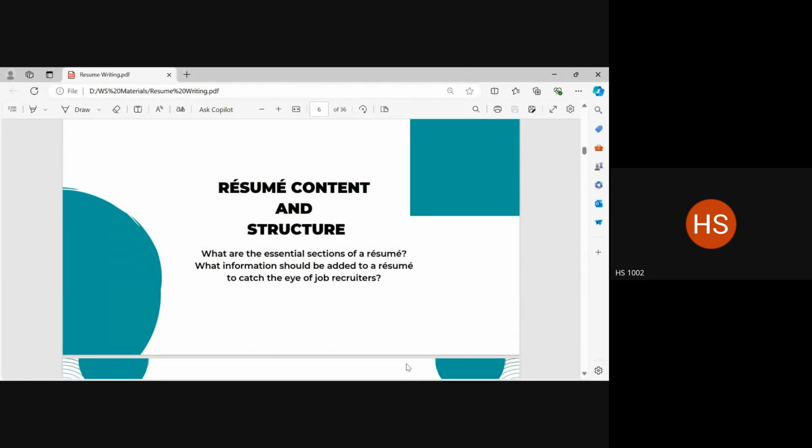Now, there are some things that should necessarily be in a resume. Okay? Some things, on the other hand, are optional. So, here we are discussing not just resume content, but also the structure of a resume. Some things should be there, some things can optionally be there, but regardless of whether it is essential information or optional information, you structure it on the document such that it will serve your purpose. It will essentially land you a job interview.